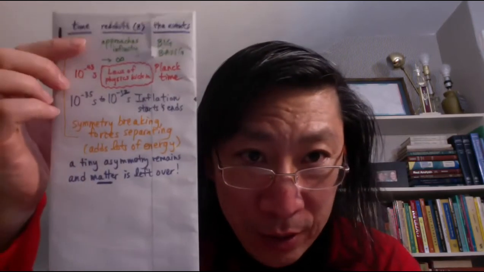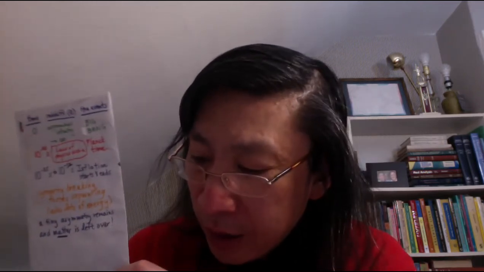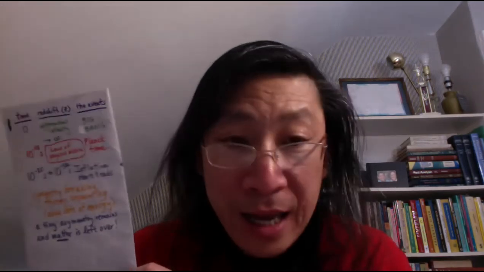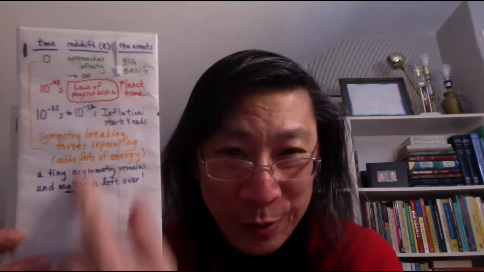Remember, we've been filling out this timeline, right? We're trying to get all the way down from time zero, redshift approaching infinity, early on in the universe, to today, right? The present day, 13.8 billion years after the Big Bang, and a redshift of 0. We've still got a long way to go, but remember, we're filling it out now. We're doing really well in this area right here.